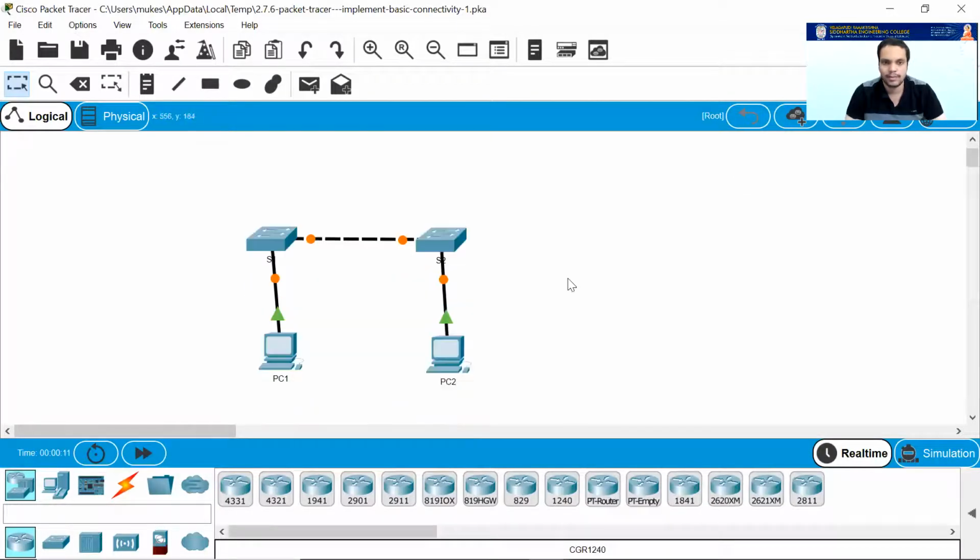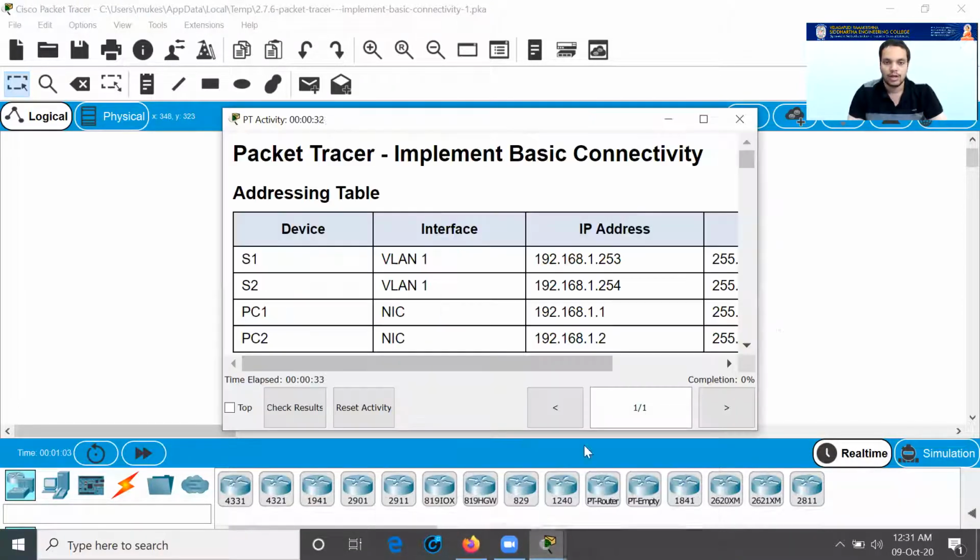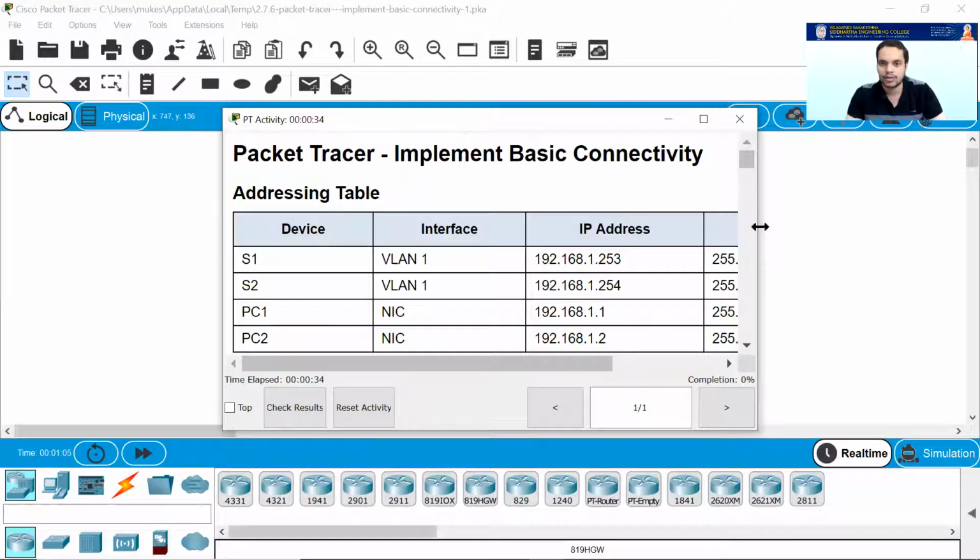Here also it's the same diagram as before. You have the two switches and two PCs which are connected to one another. If you see orange lights over here, you don't need to worry about it much. If you use the fast forward option, it will automatically convert to green. It means that the switch is getting to know to whom it's connected, because it has just been powered up. Now let me check what the basic commands are.